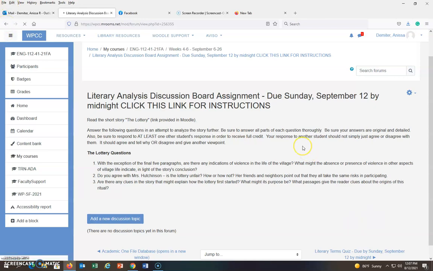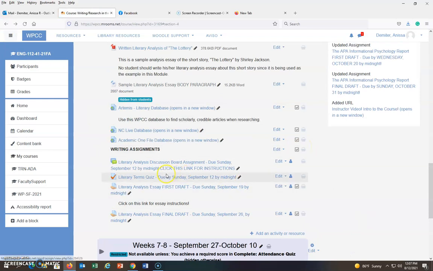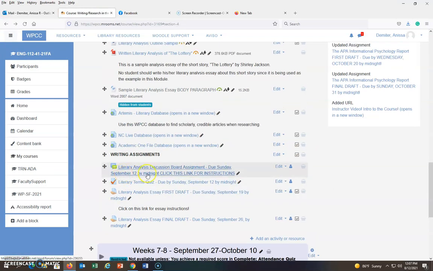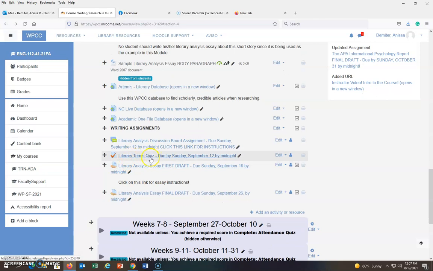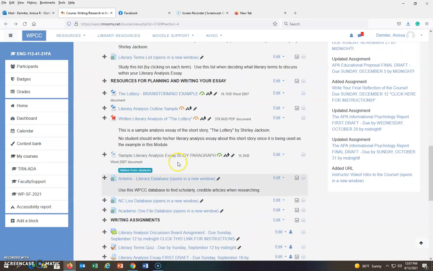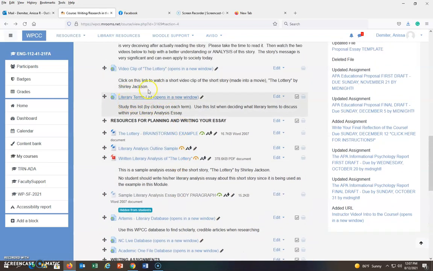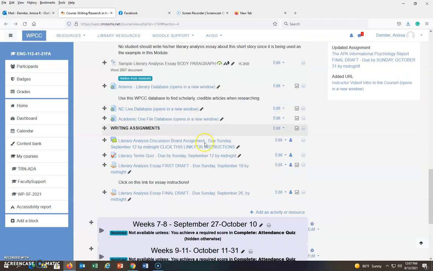Okay, so I'm going to go back out. Make sure you look at the due dates. Okay, look at the due dates for all of your assignments. The literary terms quiz. You click on this and take the literary terms quiz. A lot of this is going to be review of previous classes and review of information you already know. So in order to take this quiz, you'll need to have already looked at the literary terms list up here. Okay, I've provided this link for you, and when you click on it, it gives you all the terms, and then click on each term to see what they are and what they mean.